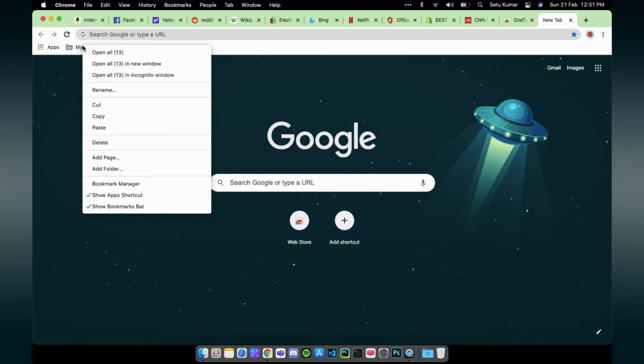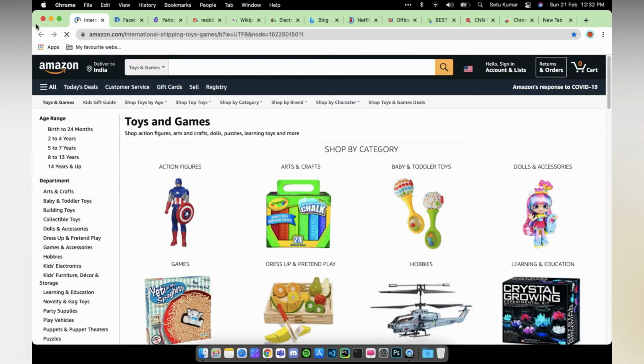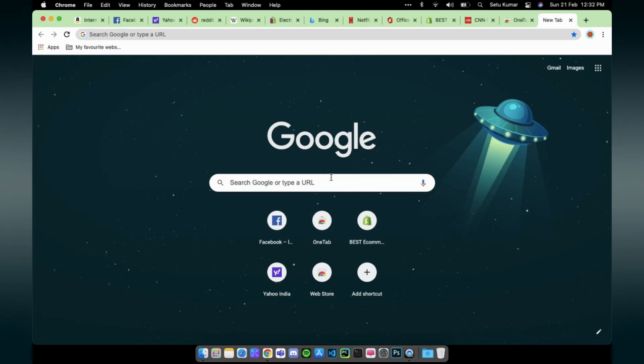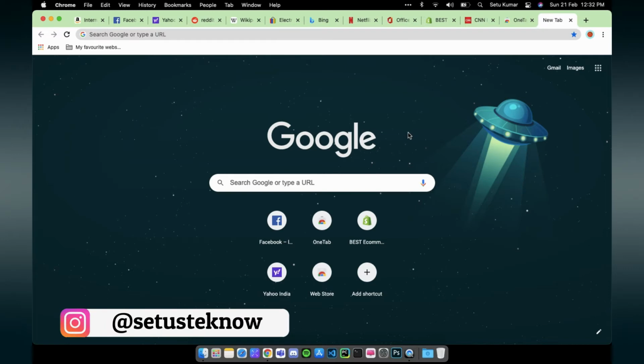If you want to open them all at once, right click on this and click on Open All, either in a new window or you can do it right where you are. I'll just show you in a new window. All your bookmark websites will be appearing on the new window. This option might not be as effective as I'll be showing an extension which has more whistles and bells, but if you are okay with this or don't want to install extensions, this option is worth a try.